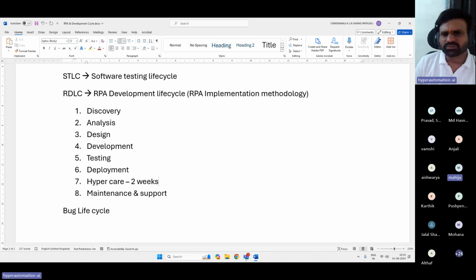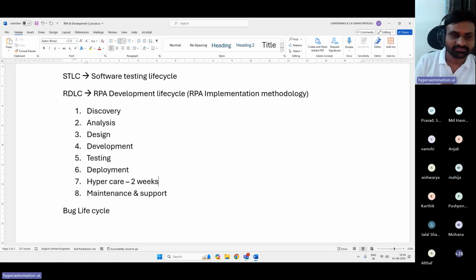Monitoring the process in production, you can say close monitoring, and if any issues occur, we want to go for an immediate fix, because suddenly when you move it to production, you will obviously face some issues. Your production and non-production can never be identical. Though we say it is identical, it can never be identical, right? So you will face some unforeseen issues, and for that reason we will have hypercare.